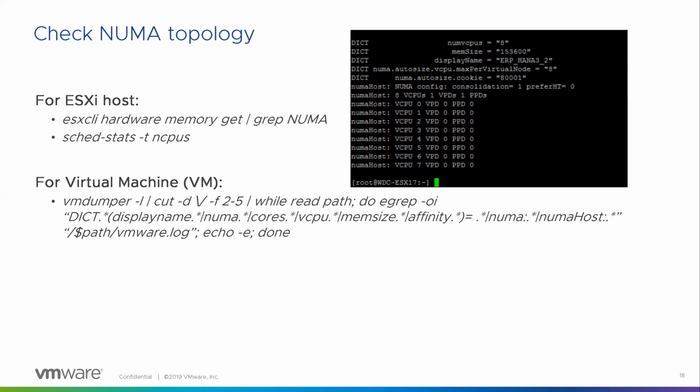Right. And how do I check the NUMA topology? On ESXi you could run these commands: esxcli hardware memory get, grep for NUMA, and sched-stats -t numa-pnode-stats or CPUs. Or, if you wish to cheat, you can even go on to the operating system,